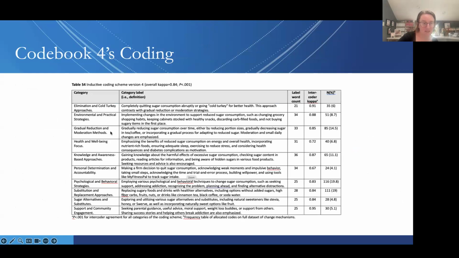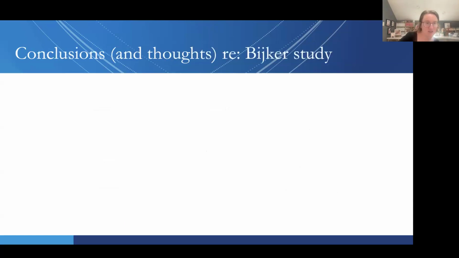This is what the code book looked like. This is in the appendix of the article. And you can see when they did the coding, they had high kappas. So when the AI used the AI-generated code book to code the data on which it generated the code book, it had high inter-rater reliability. And you can see this here. So it seemed to do a pretty good job. But here's the thing, nowhere in the paper do I get to see where the AI coded this piece of text to this particular code. It's really just about whether it looked good. It wasn't necessarily whether it's accurate.